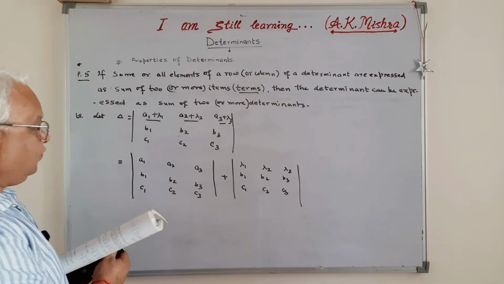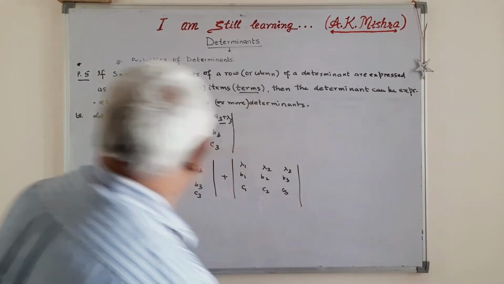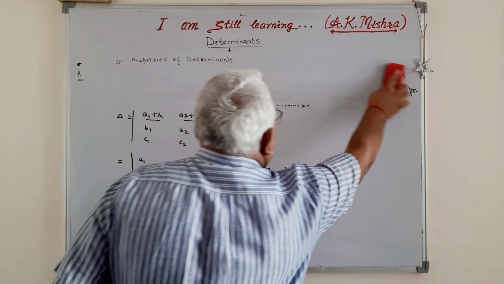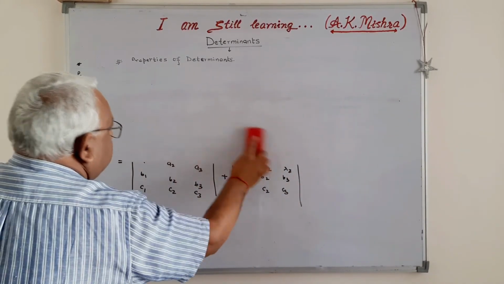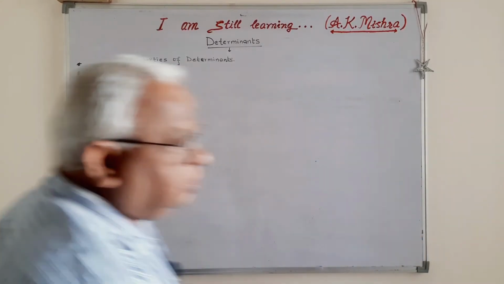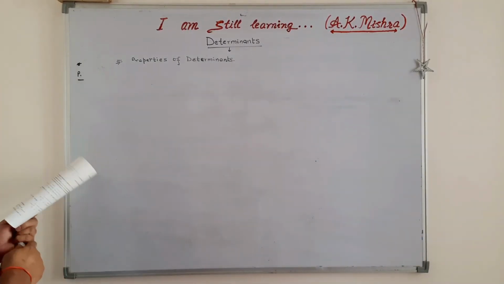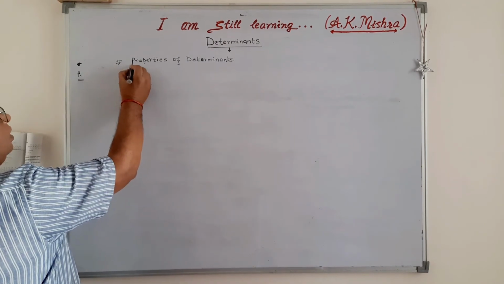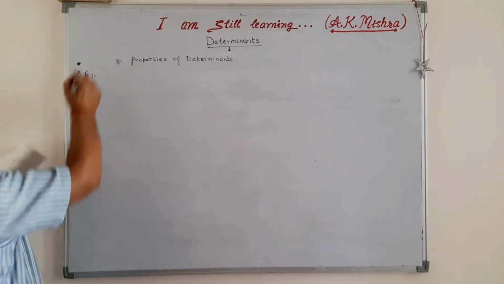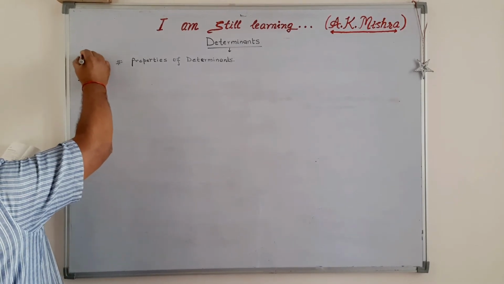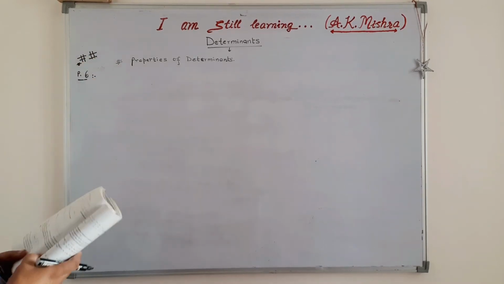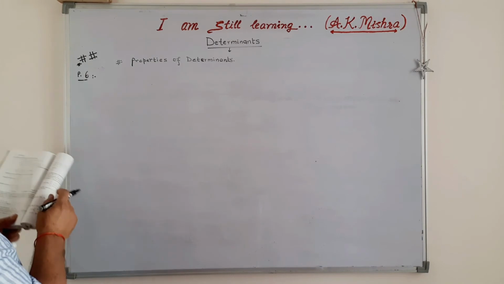Property number 6. The property number 6 is the most important property as per my experience, and most of the time you get the question based on this only. So this is the most important property of determinants. It says